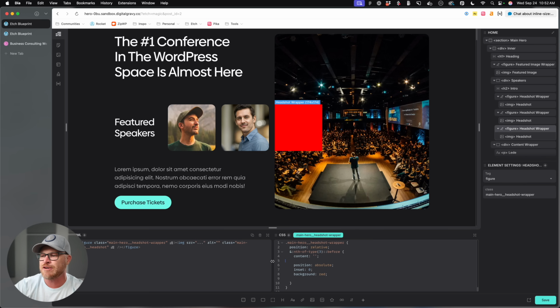I actually don't think we need that inline size. Well, we're gonna need it in a minute. So let's put it there. And let's also put a block size of 100% because we're gonna need that too, I believe. We could probably do this all with inset, but it's probably easier to just do it with inline size. Okay, now, if I put a border radius on this, border radius of radius, it's gonna look like it's cut